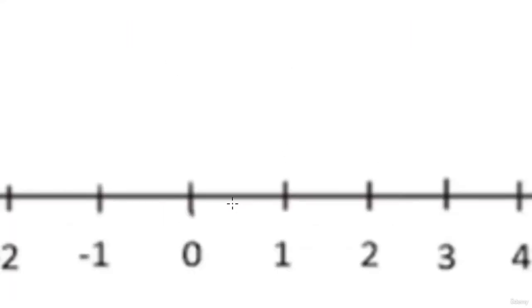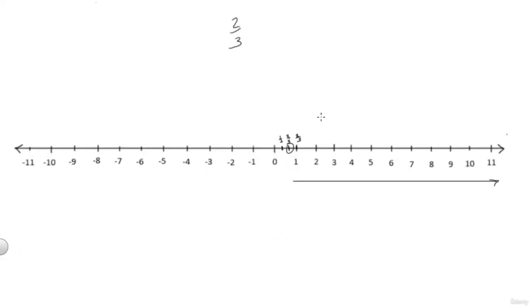Now guys, the region from 0 to 1, we will break into exactly 3 parts. The first part, the second part, and the third part will be 1 itself. So this is basically 0. The next number is 1 part out of 3. The next number is 2 parts out of 3, and the last number is 3 parts out of 3. So this is how you plot 2/3 on this number line. In fact, like this you can plot any number on the real number line of your choice. You can also plot, let's say,